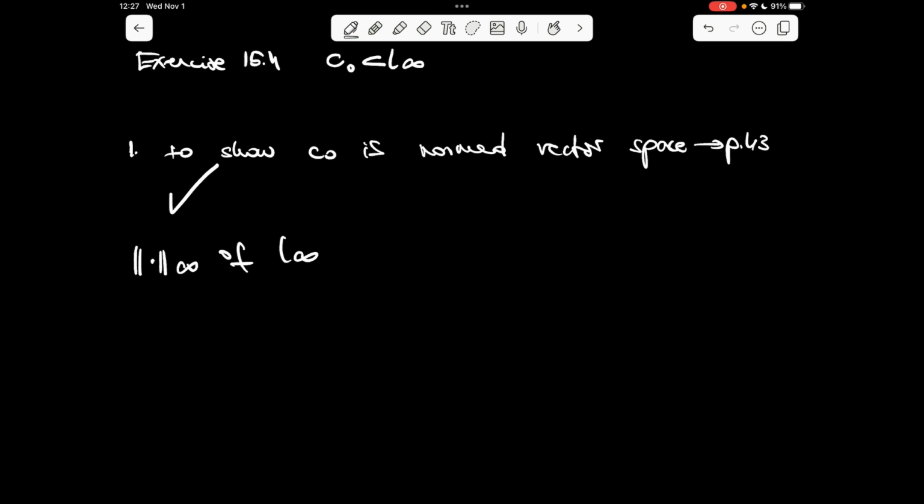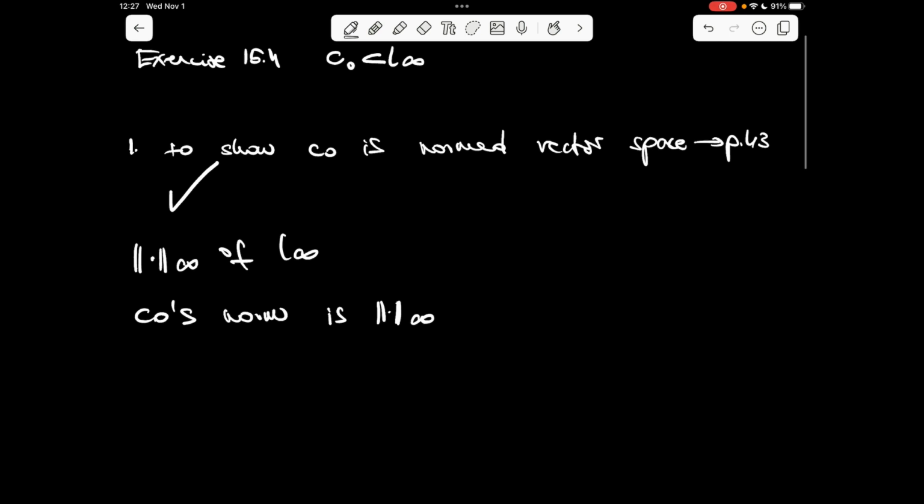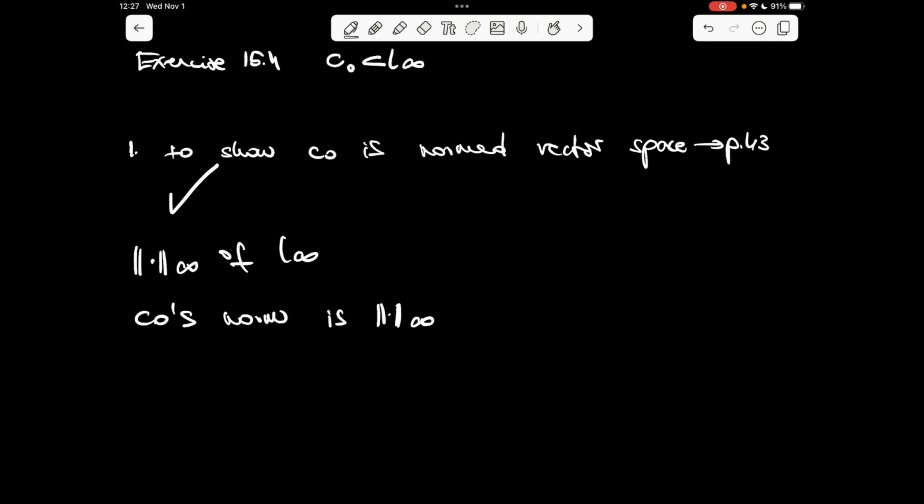So C0's norm is the norm of the vector space L infinity. We need to check if the dual space of C0 is L1, the same as the dual of L